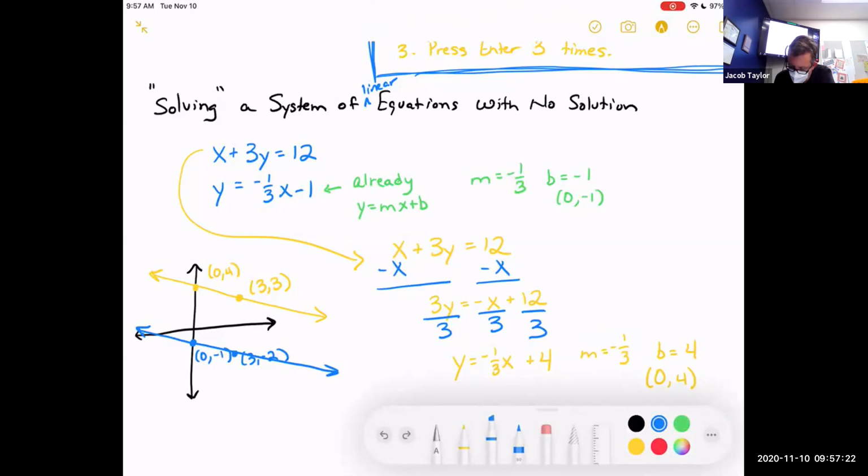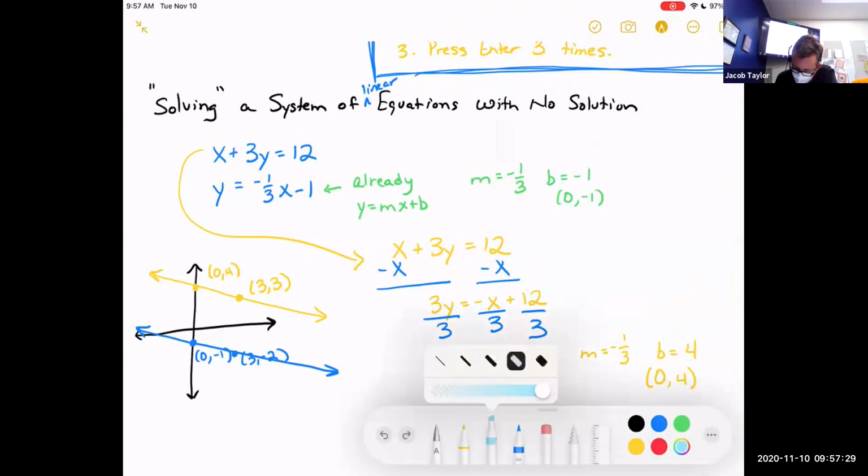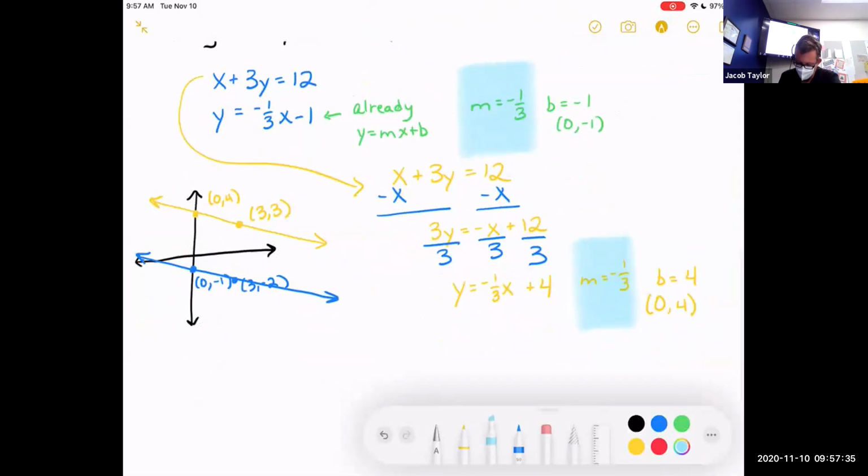Sheesh, that was a terrible highlighting color choice. Let's try something a little lighter. So what does that tell me? They'll be going in like the same direction, you guys, which means